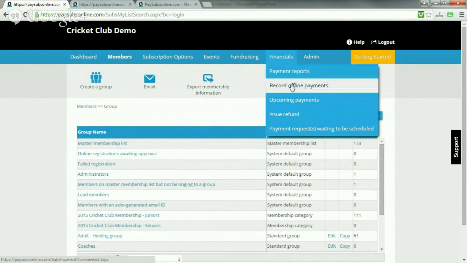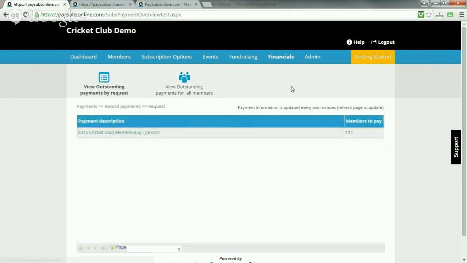I'm going to just record some offline payments, just so we've got some data to look at in the payment report. You'll typically do this as well, because not everybody's going to pay online. So click into our junior membership group here, and I'm just going to mark off some people as being paid.